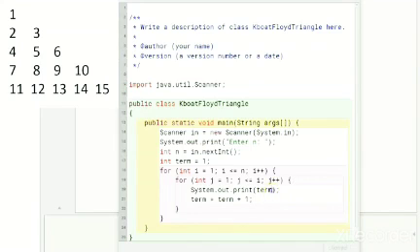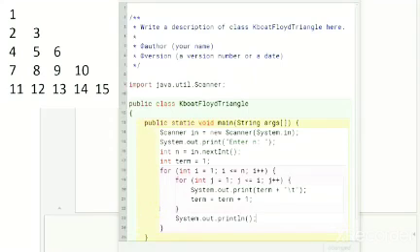I will separate the terms in each row with a tab instead of a space like this. The reason for this is, as Floyd's triangle can contain 1 or 2 or 3 or more than 3-digit numbers, with a space they will not line up properly. Using a tab as the separator will solve this problem. Let's add the System.out.println after the inner loop.